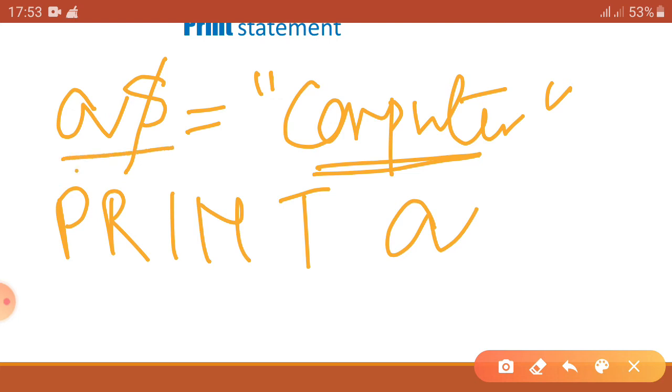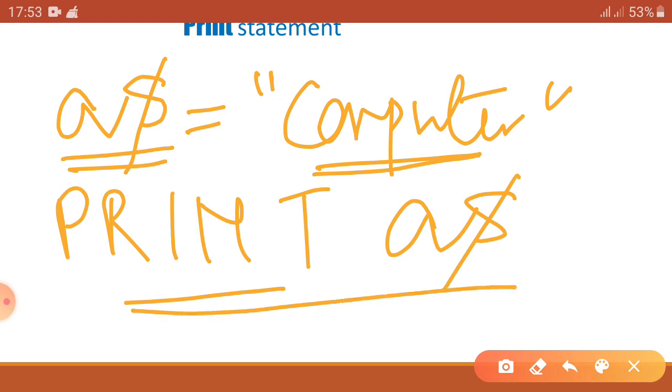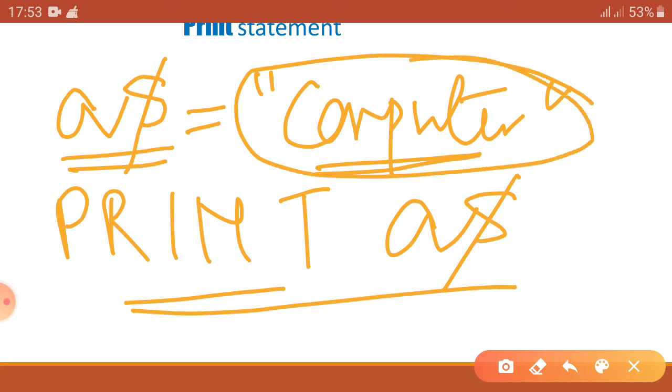So here you have to write a dollar sign. Also for the print statement, in this line you have to write print a dollar. Now if you execute this statement, then on the output screen you will have the text computer. Okay, so got the difference? That is the basic difference.